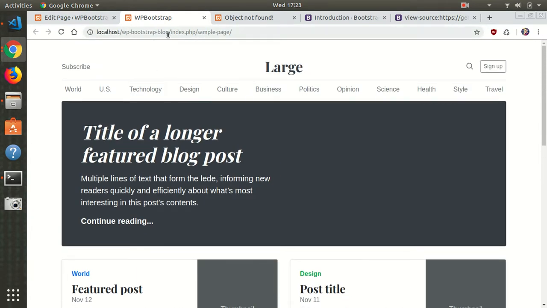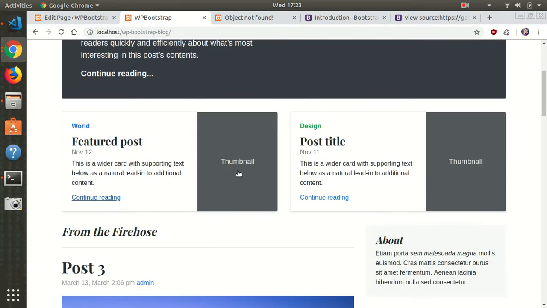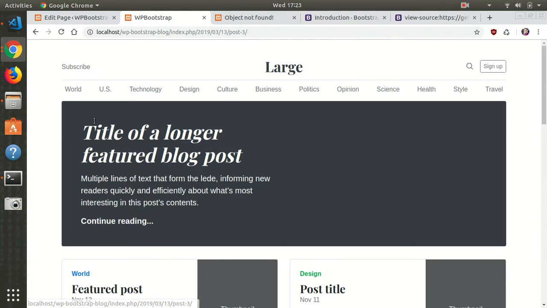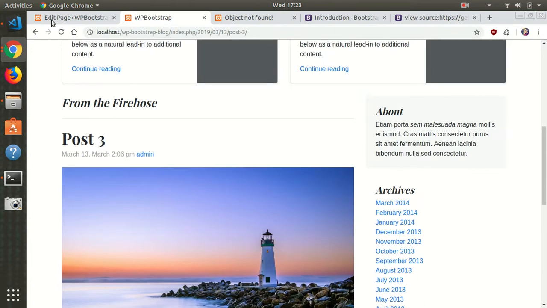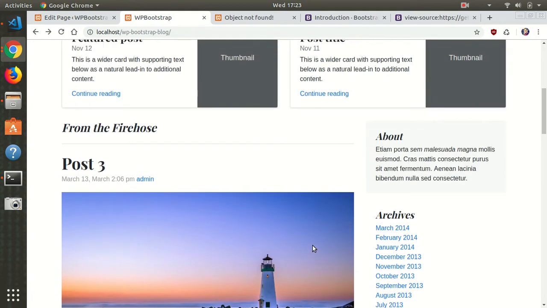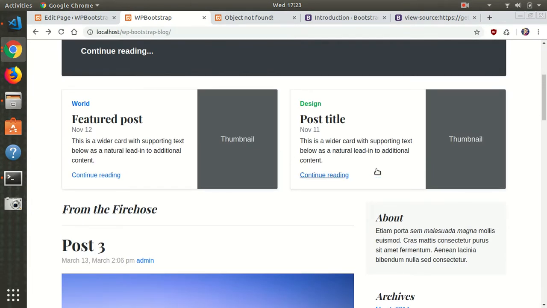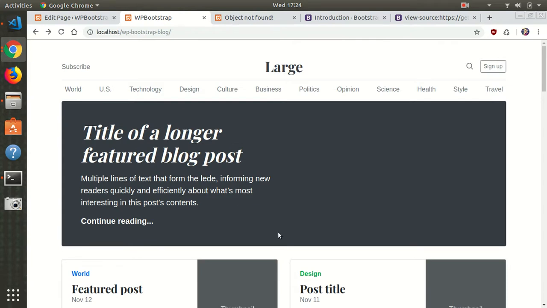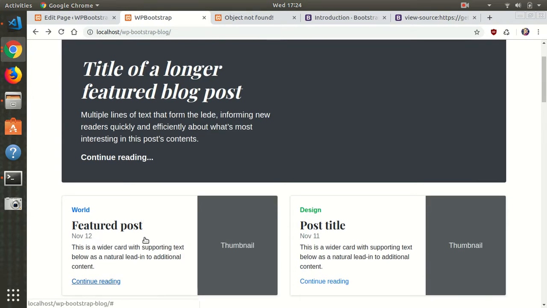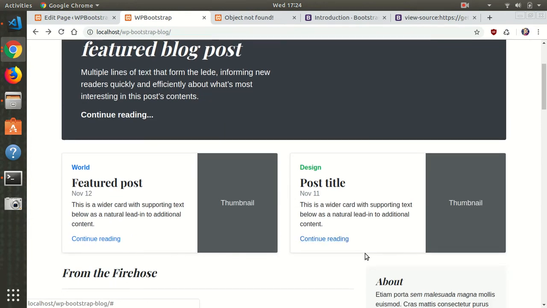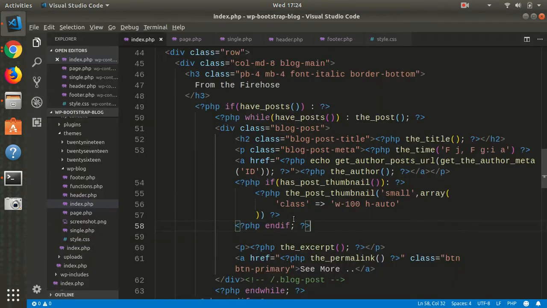Okay, so if we get back into here, we have our posts, we have a single post, which is good. Okay, so now we need to take care of these posts. You see that we have this featured post, and we have this world category post, and we have this design category post. So basically, to do that, you see that here we are just calling this have posts loop. So in this query we are just calling all the posts of our blog,